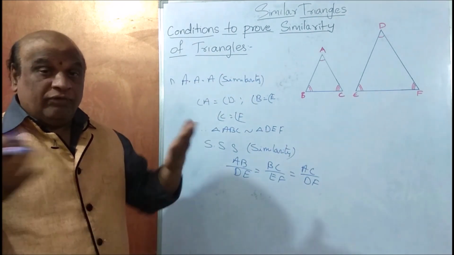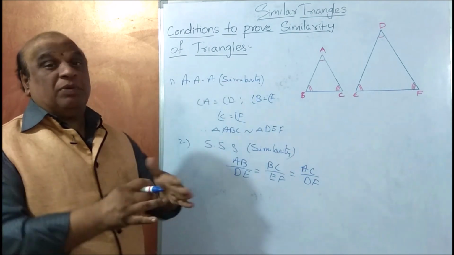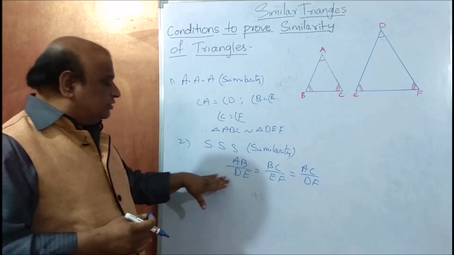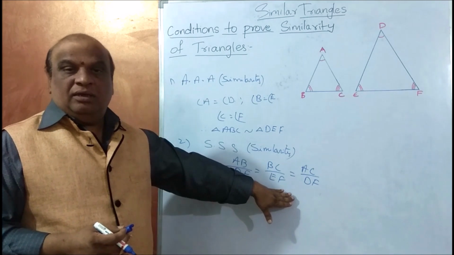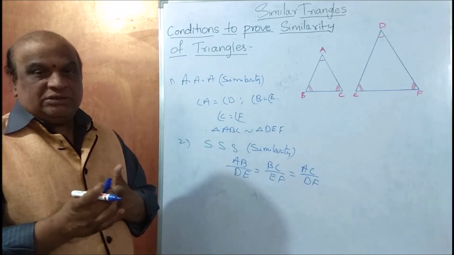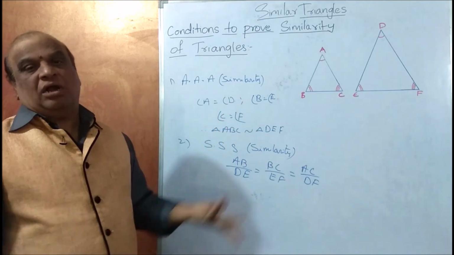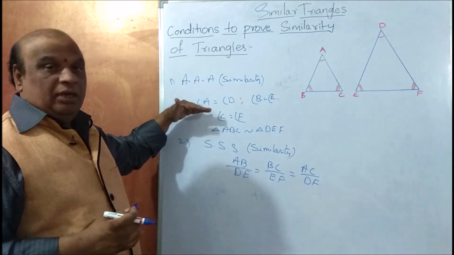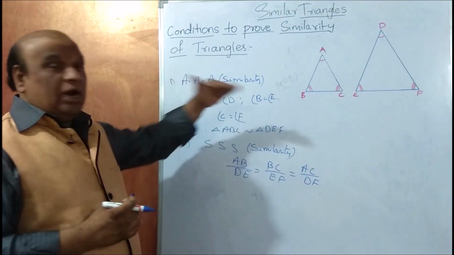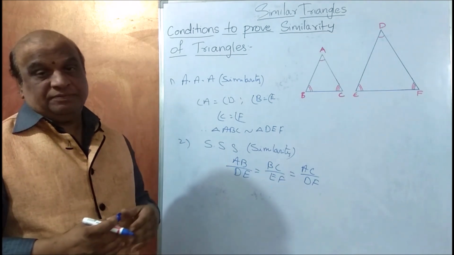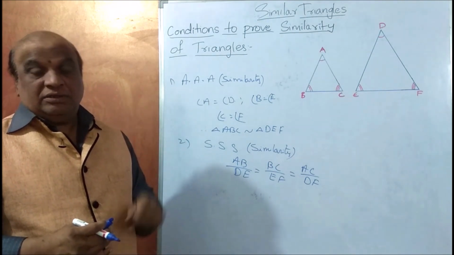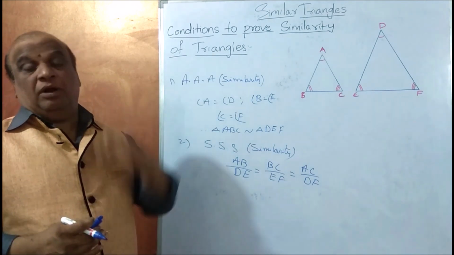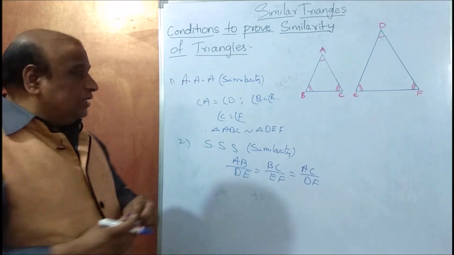Then without verification, we can take the corresponding angles as equal. We need not verify. If we check this condition, what is the advantage? We can say corresponding angles are also equal. Here also, if we check the corresponding sides' ratios, we need not check the angles. Directly we can take. These are the options. Suppose SSS is not possible, one more option is there. What is that?